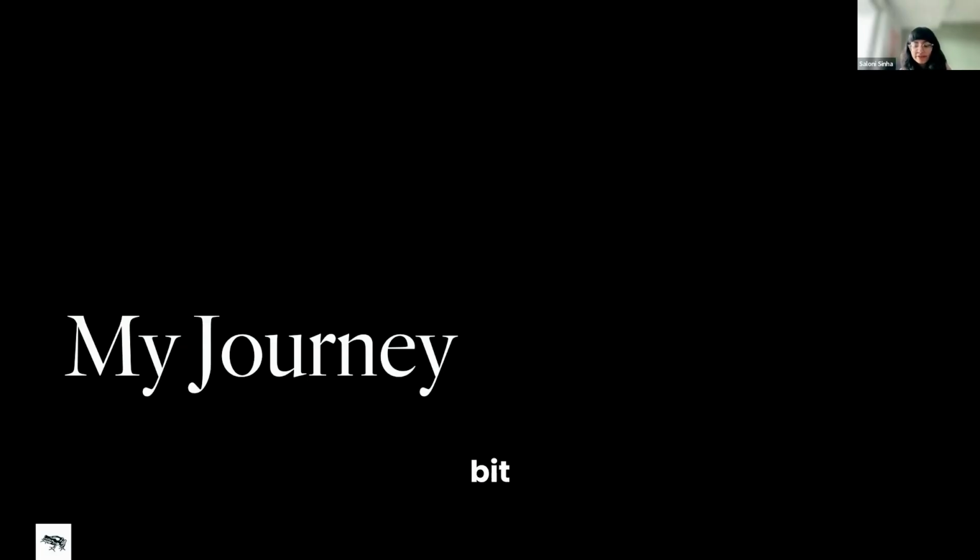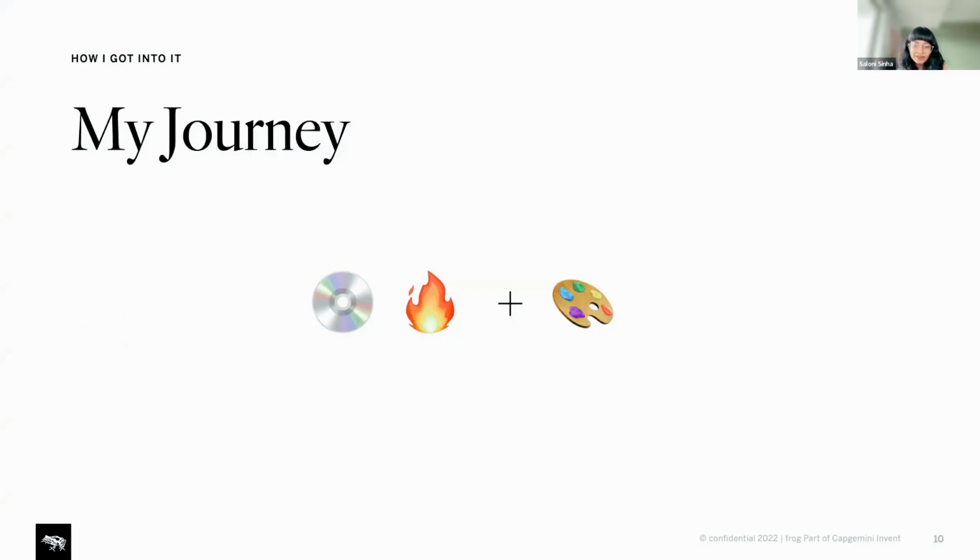I'm going to talk a little bit about my journey, how using music or sound as an inspiration to draw really started back in childhood, when I didn't have the money to buy CDs. I would burn the CDs and also draw album covers for them. This process started way back in school, and I made a lot of fake album covers.